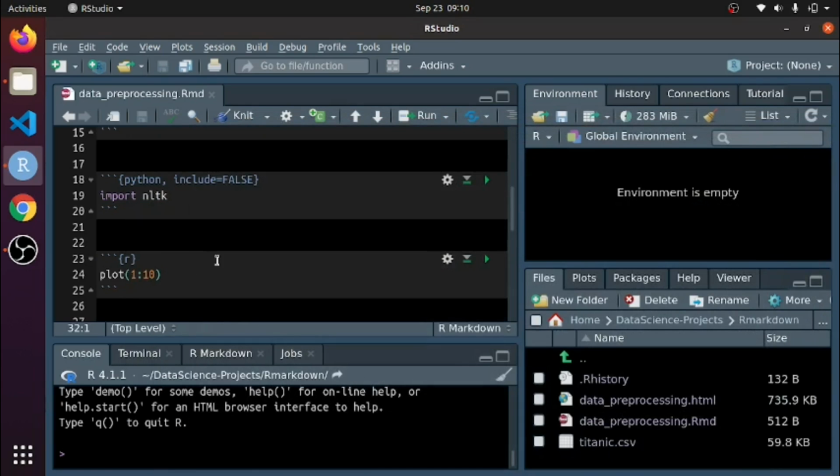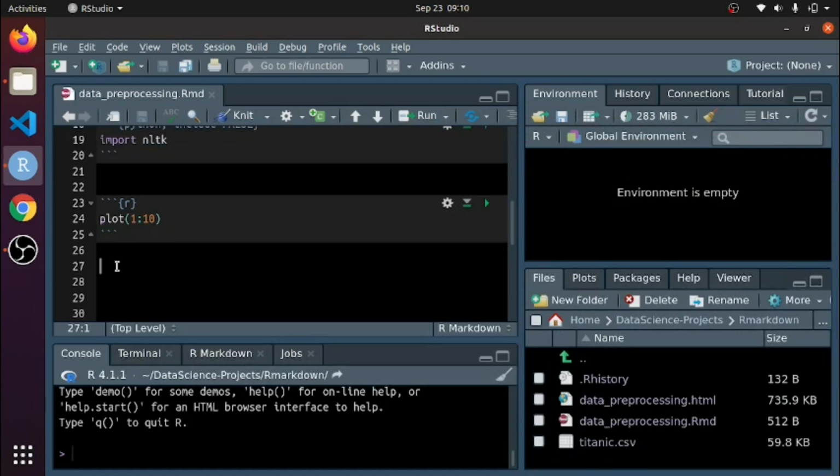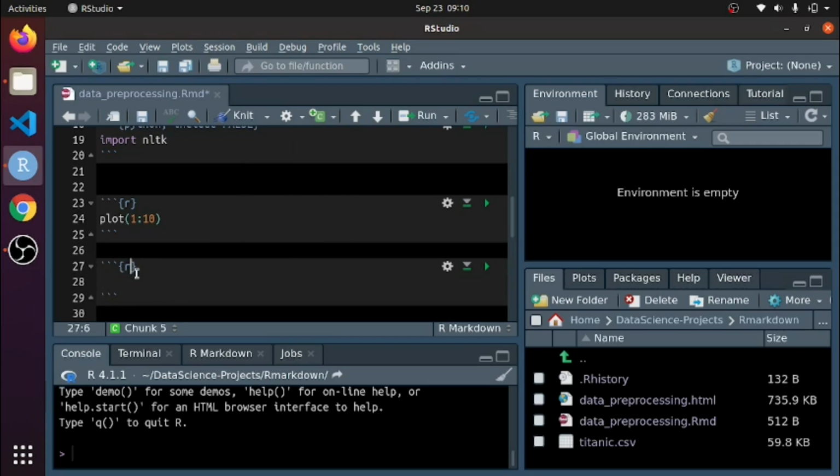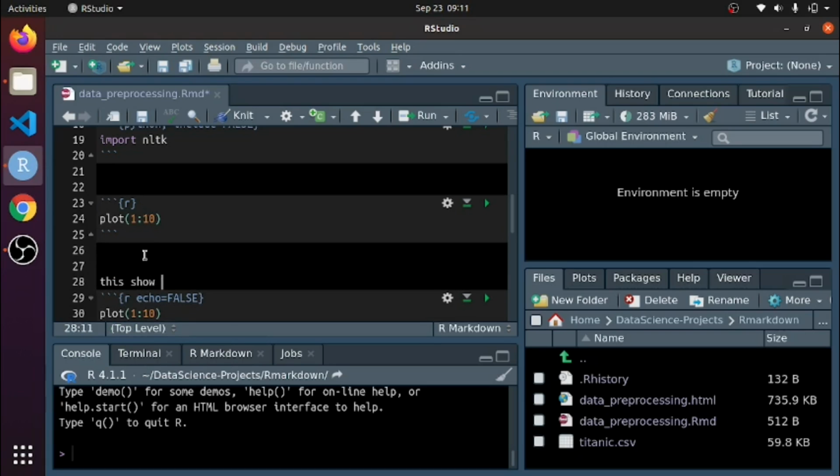If I want to show only the result to the user, what I can do is first create an R chunk. So click here, create this, and write here echo false. Now copy this command and paste it. I am just writing some text here.